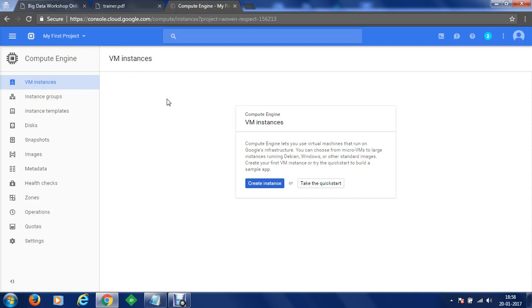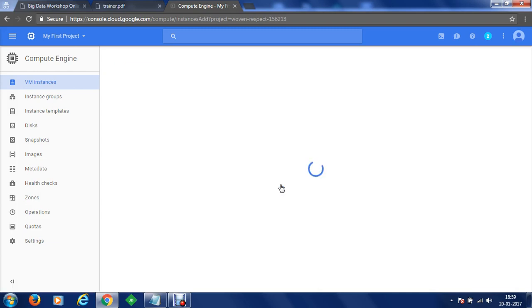These are virtual copies of a real operating system wherein you can install your applications and you can provide access to these applications, which are web applications, using the internet to all the users worldwide. Let's get started by creating a new instance. We can simply click on create instance.